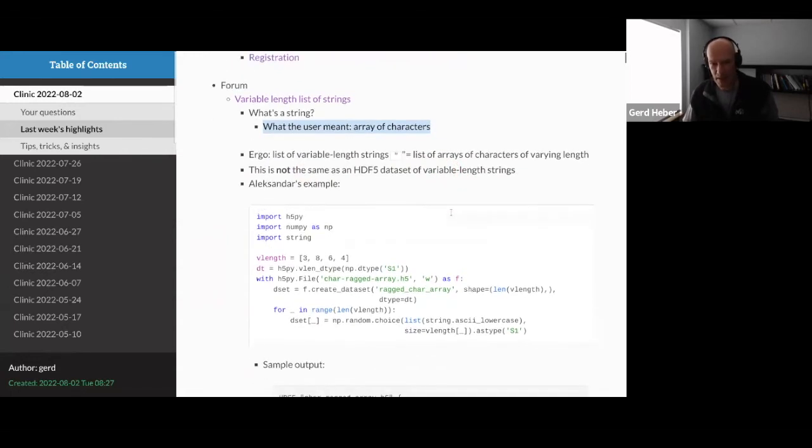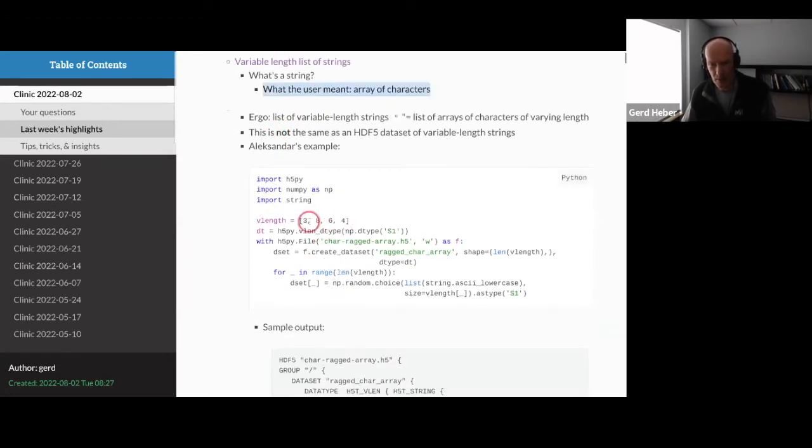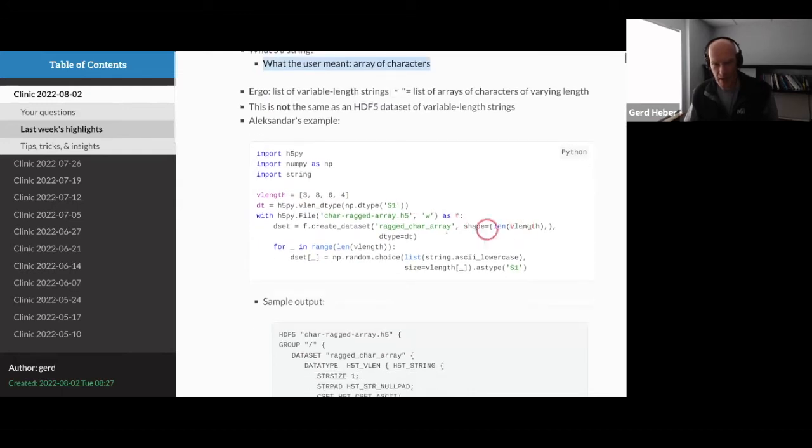So my colleague Aleksandar clarified that for this user, and provided a little example where he creates 4 strings that have different lengths, 3, 8, 6, and 4, randomly, and this is how you do it in h5py.